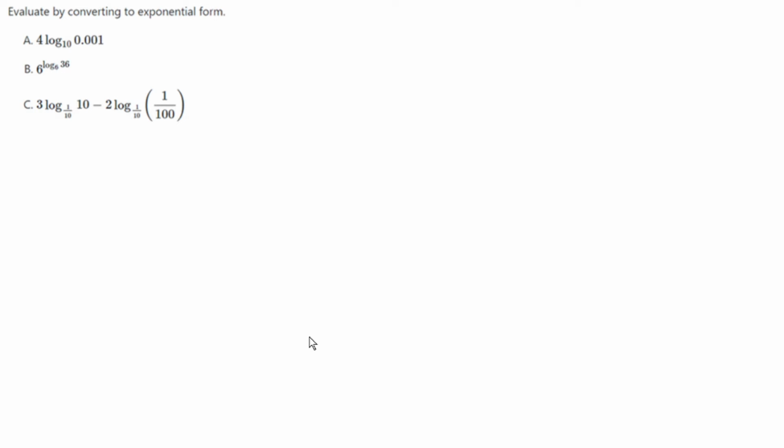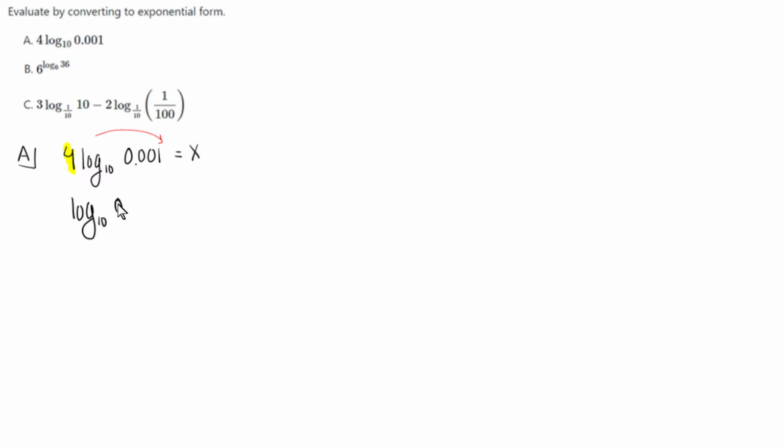Evaluate by converting to exponential form. So we start out by equaling the log form to x. And we're going to apply the power law for logs. Whenever we have a numerical coefficient in front of the log, it can be moved into the log, becoming an exponent. So this can be rewritten as log 10